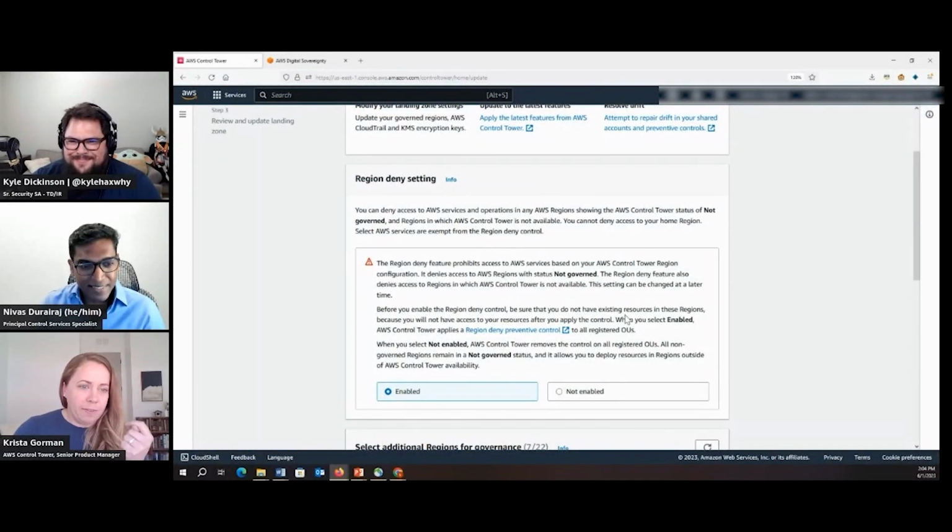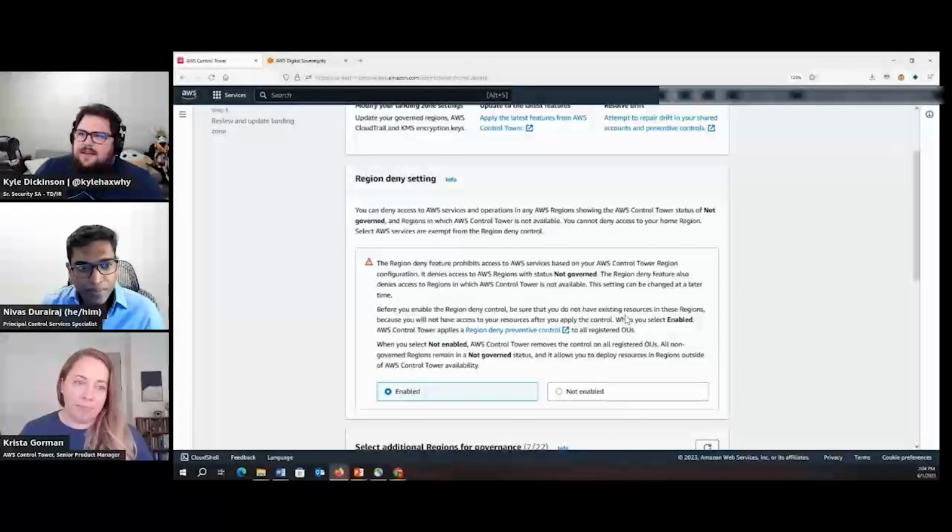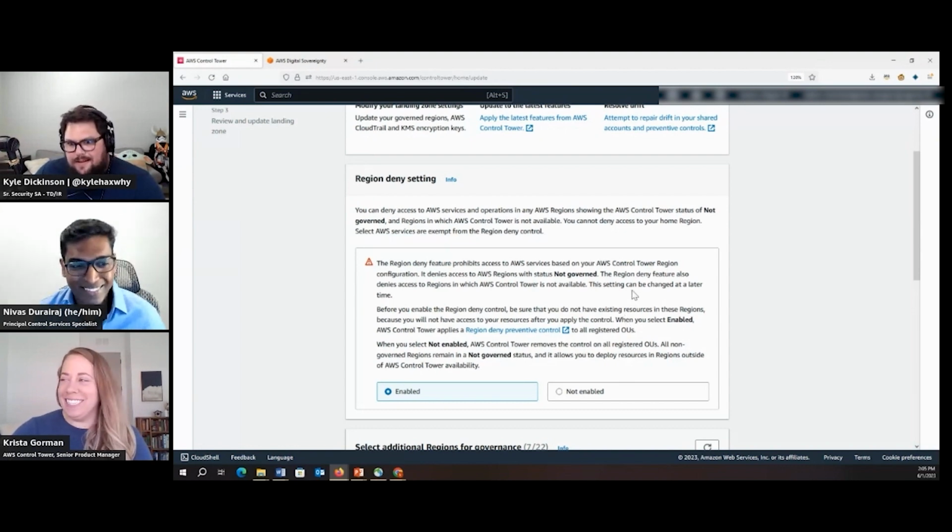And I think Navas mentioned this a bit before, but it's good to mention again: it's really important, before you enable this control, that you remove any specific resources or workloads that you have in the regions you're about to deny, right? There are things like EC2 Global View that help you with that, and other services. And even looking at billing and Cost Explorer can tell you what regions are accruing costs. So there are many ways to go about that, but that's a little out of scope for what we're talking about. But it's not difficult to do.